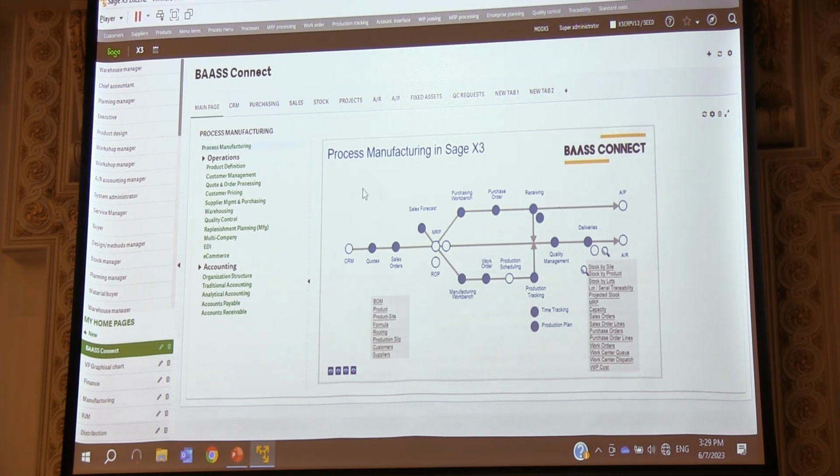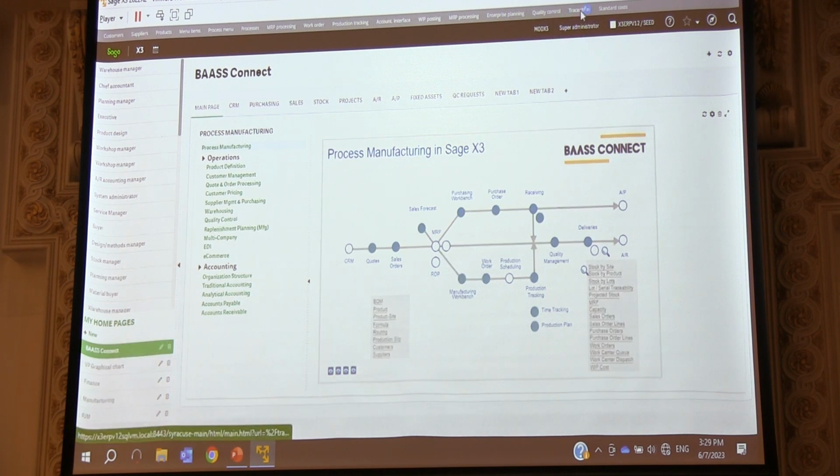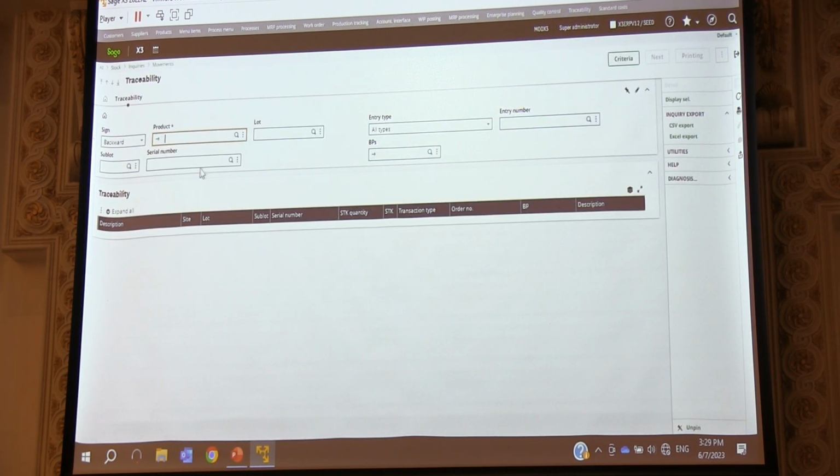into the site NA21, from a traceability perspective, I want to see either where that product went or what are the lots that it came from. So let me just look at the traceability on the quality management. I want to look at the traceability right here. So if I pick the product FIN 301,